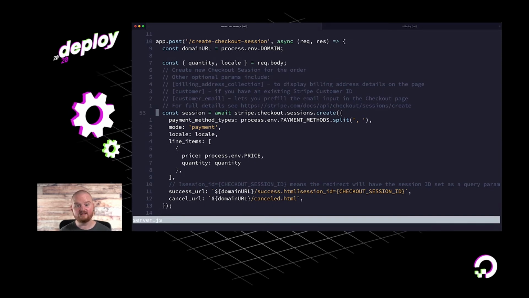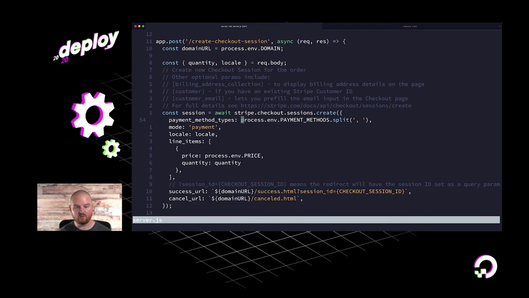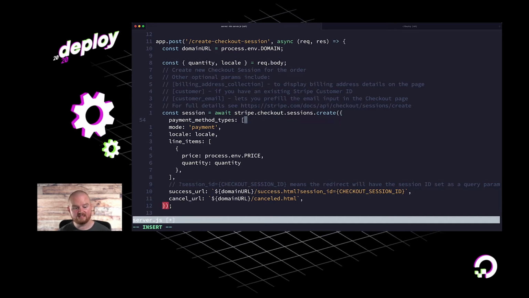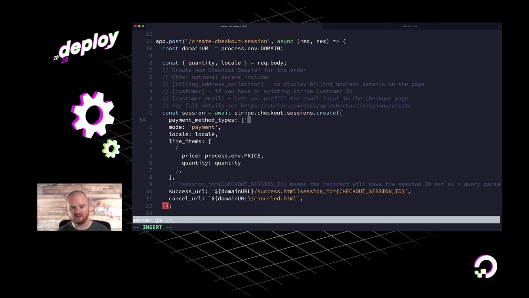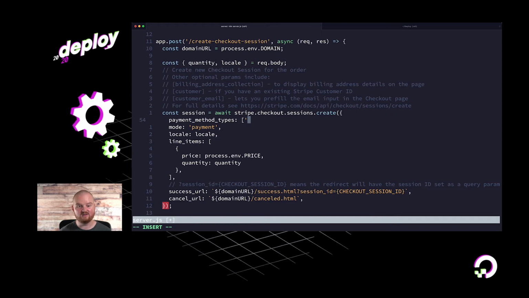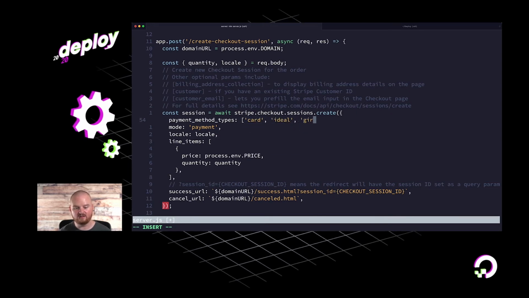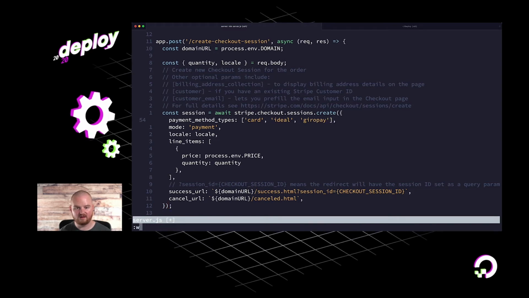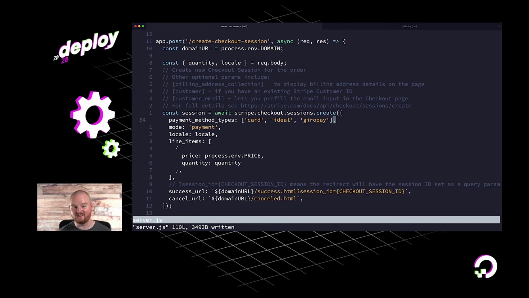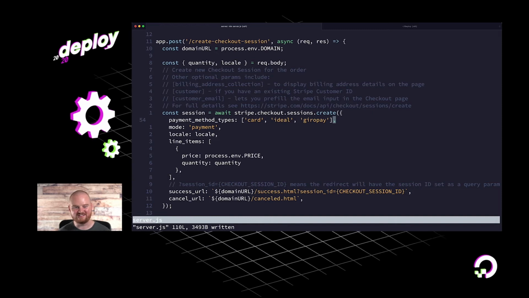Say for a moment that we wanted to add support for more payment method types. So here we are pulling in the payment method types from the environment variables, but let's say that we wanted to just hard code these here. So let's enable our customers to pay with credit cards, iDEAL, or Giropay. So we can say card, ideal, and giropay. Technically, you can configure these from the .env file we edited earlier, but instead, we're just going to edit inline for demonstration.